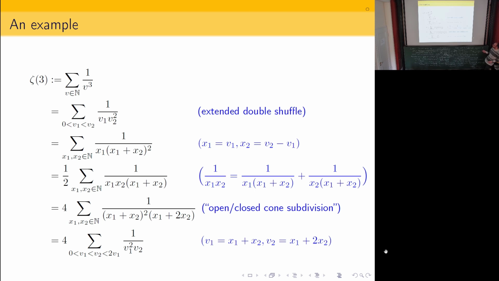And of course you can do partial fractioning inside of the sum, and you immediately find that it can be rewritten this way. And then you can do something a little bit more complicated, and you can rewrite it in this way. So this equality is already not completely trivial. And then again, you can do the same kind of thing that you did here, so you can do a change of variables, and you can rewrite it as this sum. And I think when you get here, you completely lost track of the fact that this is zeta 3. So